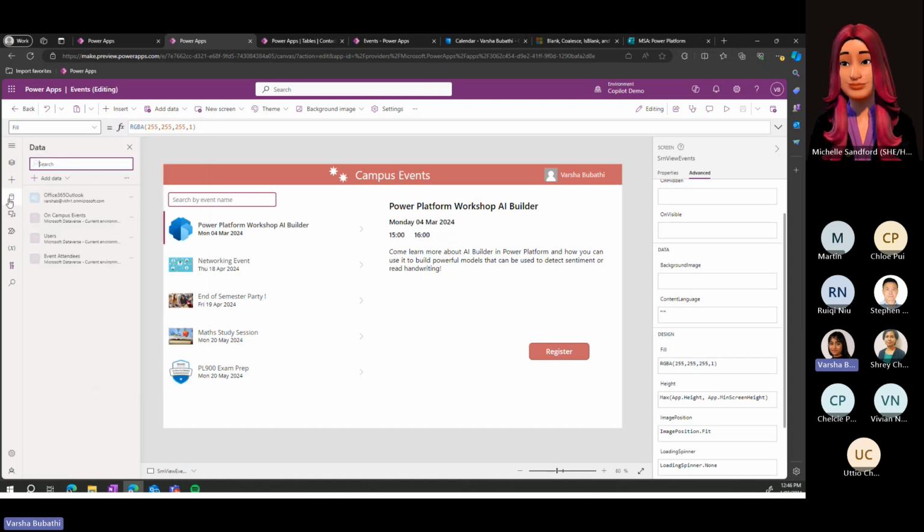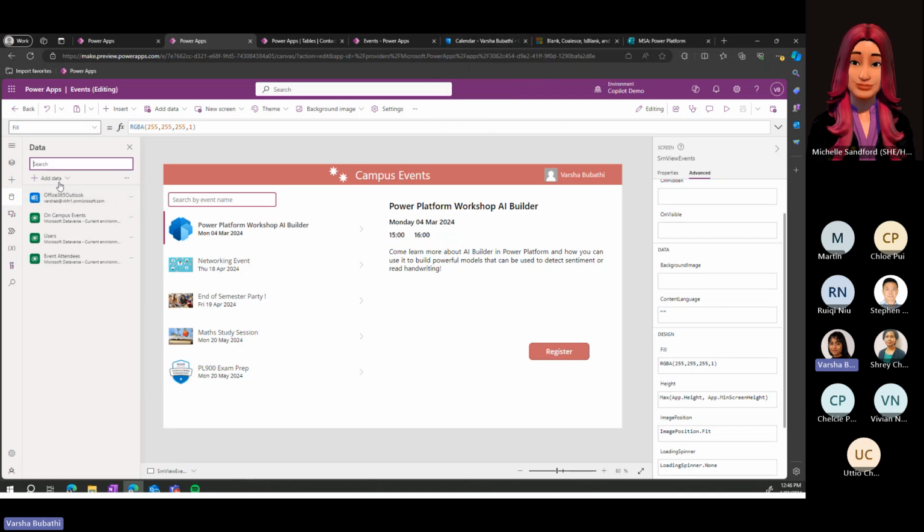And then data connections. So this is where all of our connections sit. Here we can see that we have a few Dataverse tables, and then also an Outlook connection. And this Outlook connection is what speaks to my little register button here to send that event to add to my